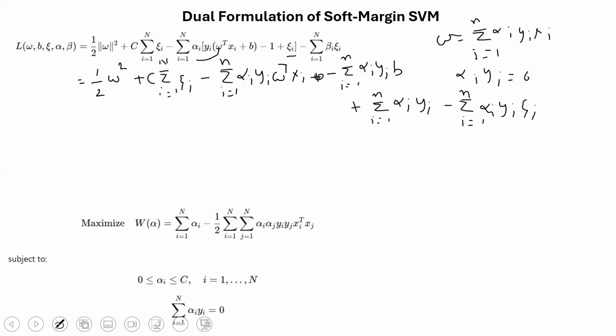Yi will not be there for this. For this also it is just minus sigma I, because alpha I will be multiplied only with this, and here also yi will not be there. Minus sigma I yi into 0 is fine. Minus sigma I equal to 1 to n beta I sigma I. So now this becomes 1 by 2 w square